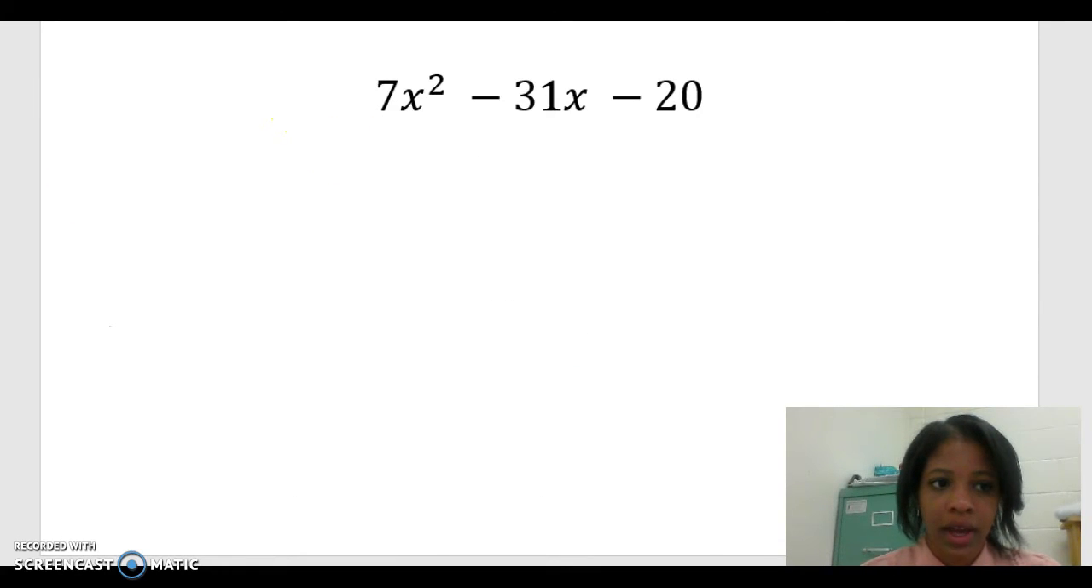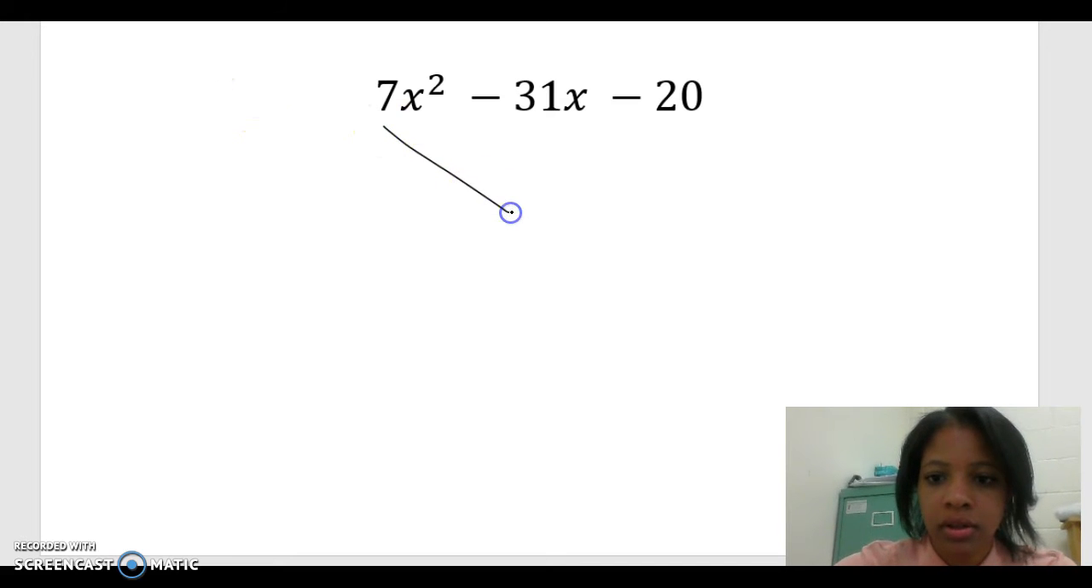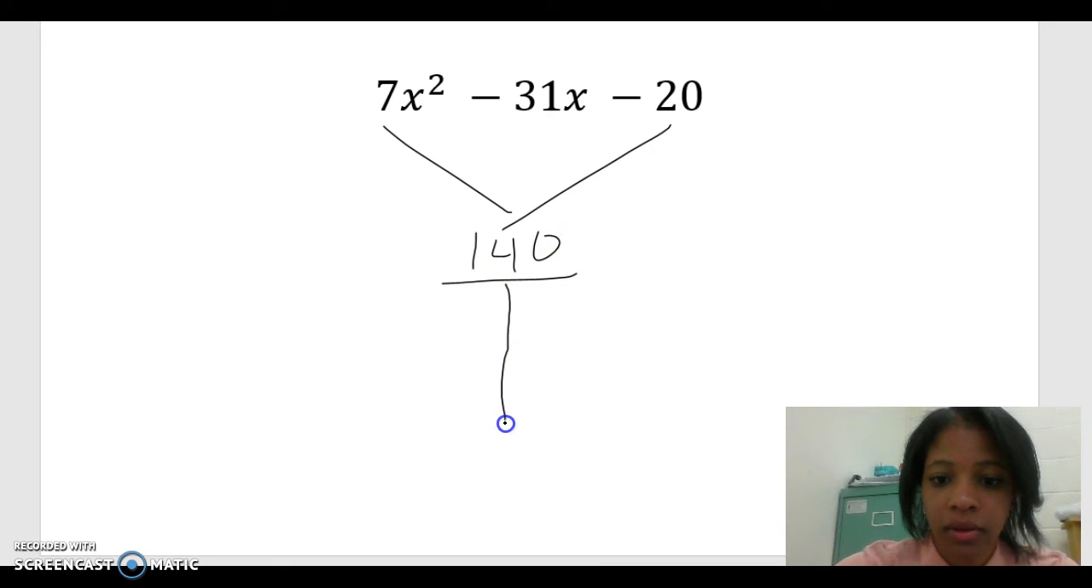Okay? So if I have 7x squared minus 31x minus 20, first step is to multiply my A and my C value together. So 7 times 20 is going to give me 140. So now I need to find the factors of 140. So it's going to be 1 and 140, 2 and 70,